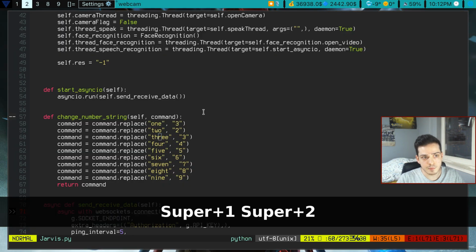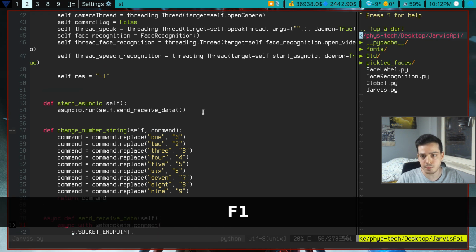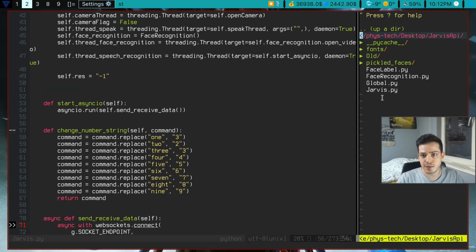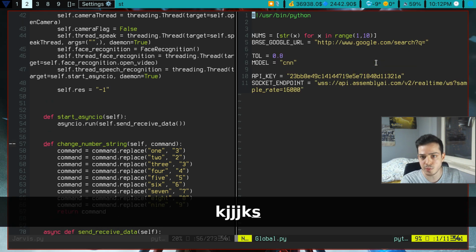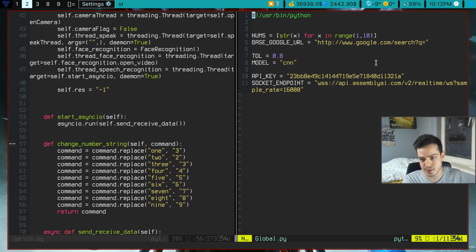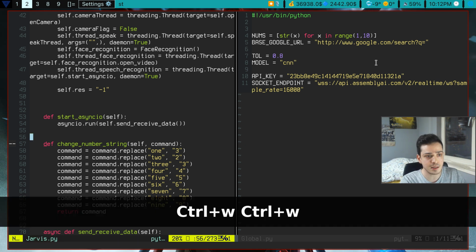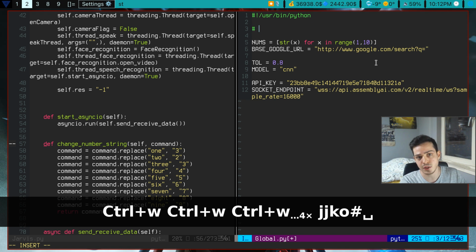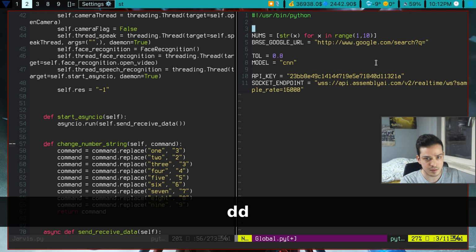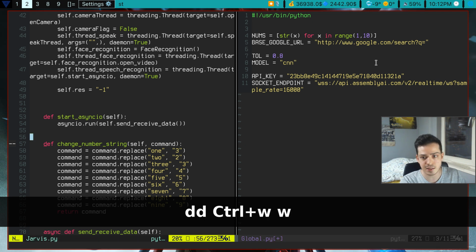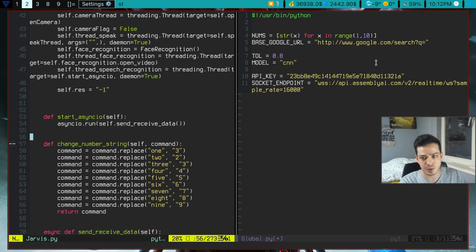In Vim, actually I can just split it. So if I press F1, it gives me a small bit of file manager, a project structure here. And I can move it with the normal Vim keys, J and K for up and down. And if I just go to globals and press S, it will open it in a split window. And I can freely write anything I want in these split windows. So for example, comment here, and I can delete it, and I can freely move around between windows,